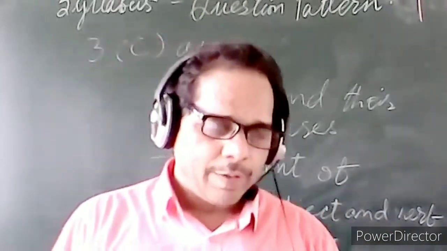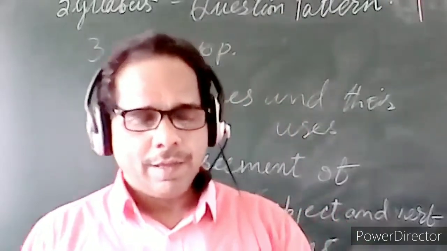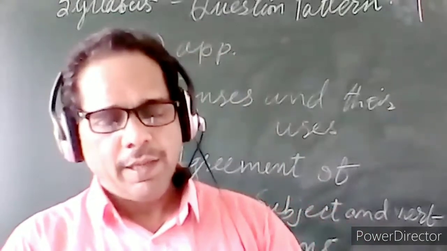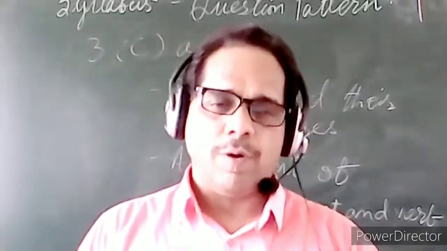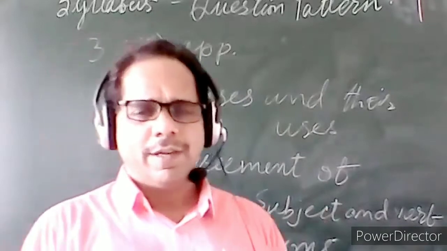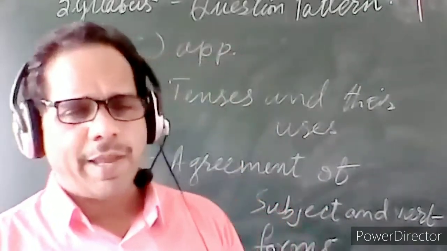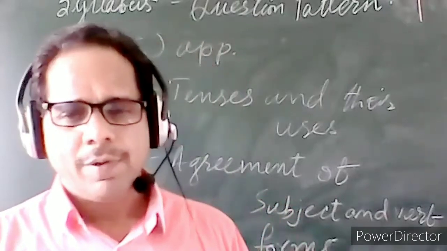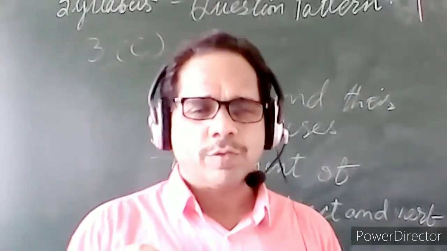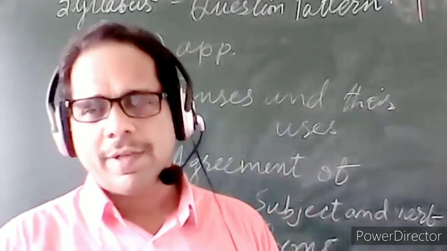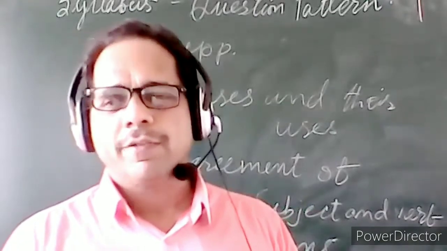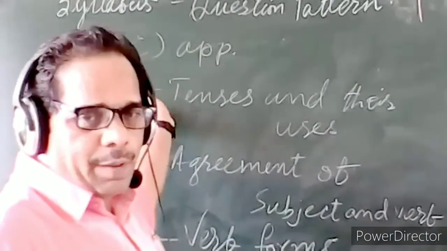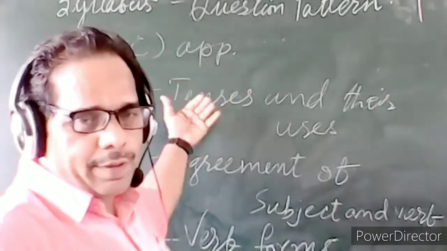You'll be given a passage with blanks, and the verb will be given in the bracket with the number 1, 2, 3. Then you'll write the right form. A good number of students score well. Out of 5, many score 3, 3.5, 4, 4.5. There are very few students who score 5 out of 5. So we need not worry so much about it. So that is question number 3, section C.